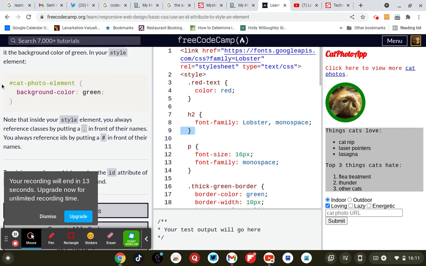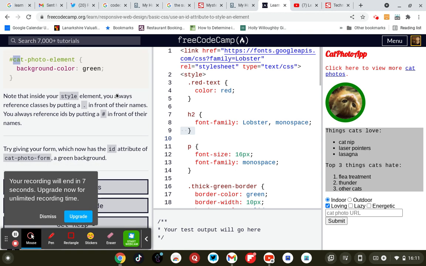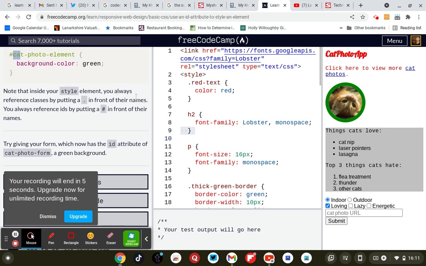So cat-photo-element, so you need a hash to start it off. #cat-photo-element, background-color: green. Note that inside your style element you always reference classes by putting a dot